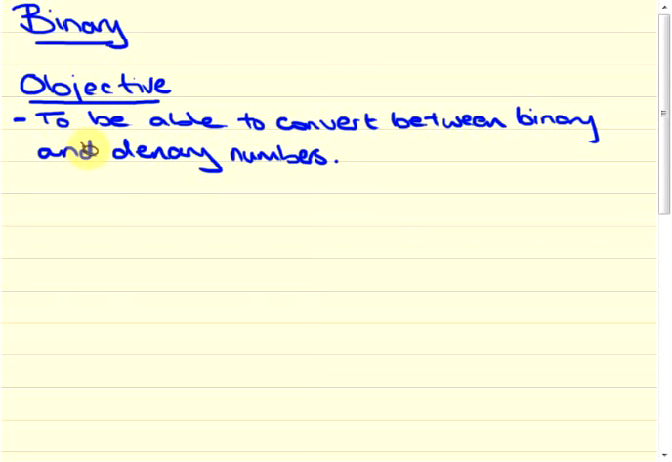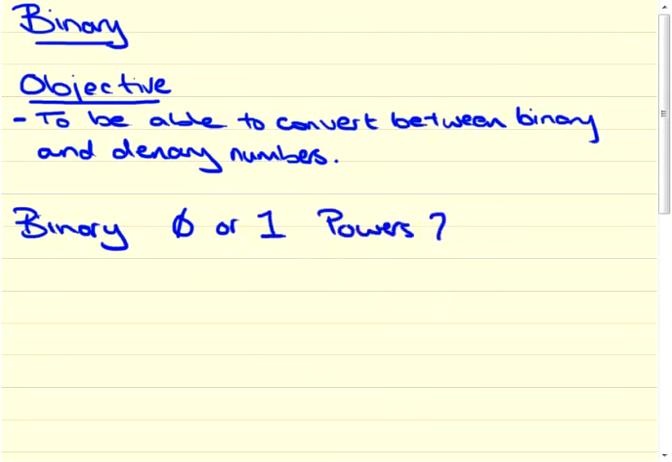In this tutorial, we're going to take a quick look at the binary number system, and in particular we're going to look at how we can convert between binary numbers and denary numbers. So the first thing that we need to understand is what the binary number system is. Now the binary number system uses only two symbols in any number that we write down. It uses the symbols 0 or 1, and it's based upon powers of 2,